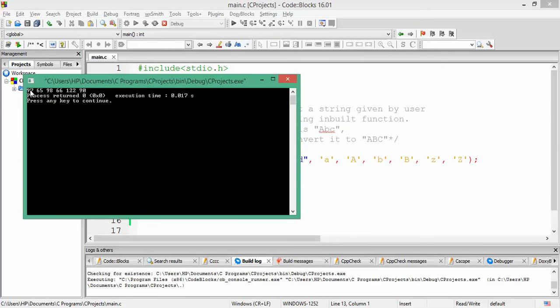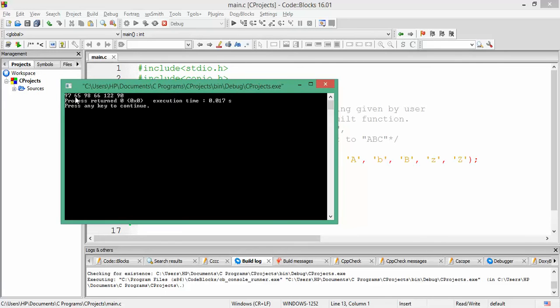Small a is 97, capital A is 65, small b is 98, capital B is 66, small z is 122, capital Z is 90. You can see the difference between the ASCII values of small a and capital A is 32. 97 minus 32 is 65, right?